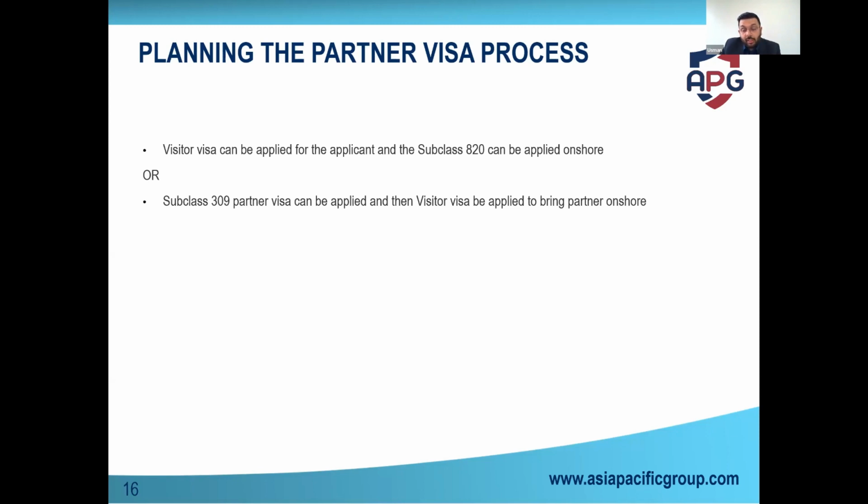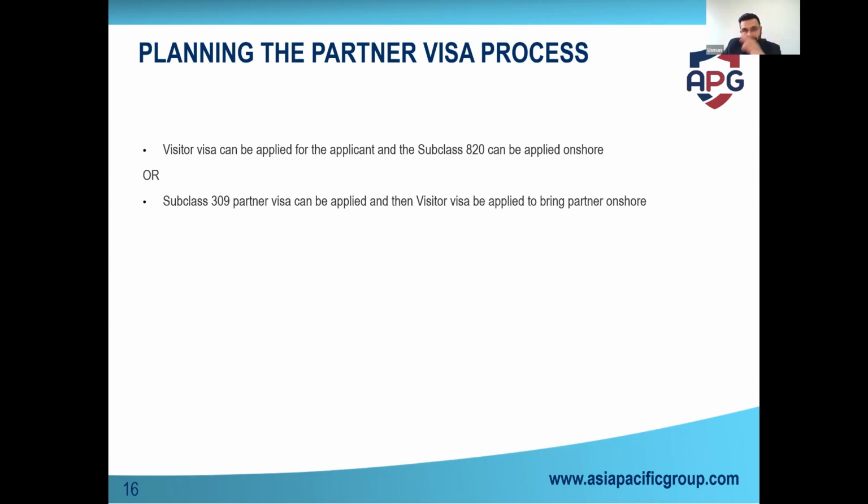And by the way, just letting you know, we have a lot of clients for whom we applied for the offshore visa first, and then applied for a visitor visa, and we got it for 1 year. Usually we get only 3 months. For them, we got 1 year, because we openly explained that we already uploaded the acknowledgement letter, that we already submitted the partner's application. So we are not hiding anything. She is going to come to Australia eventually. So please grant 1 year of access, so she doesn't need to apply and waste money every time. She doesn't need to travel on and off and spend 5,000 on tickets every time. So that's how you put it to them.